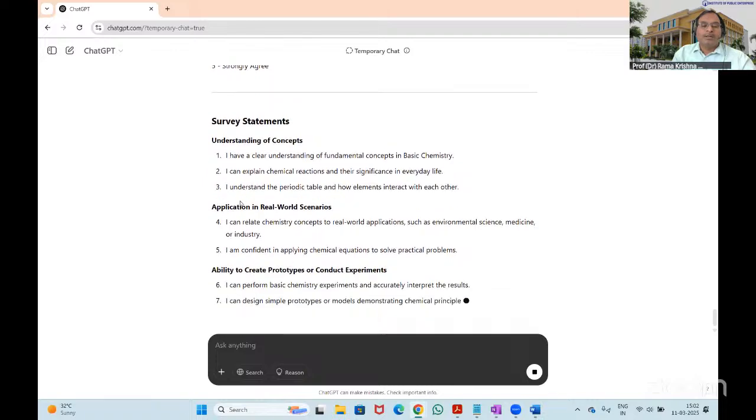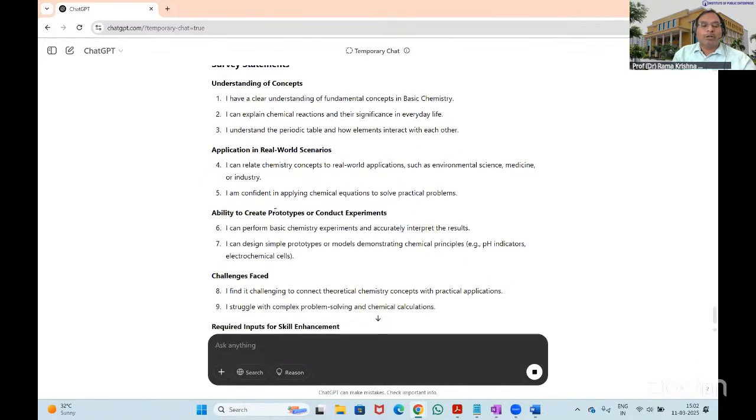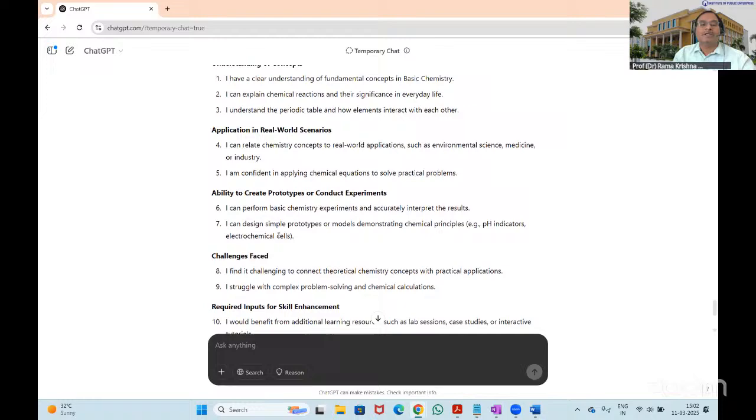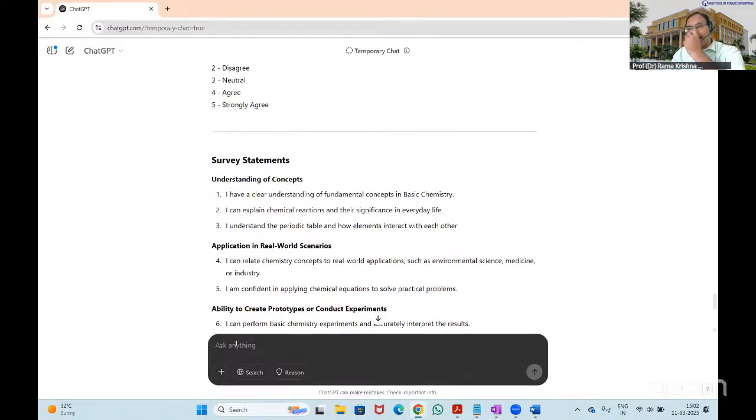So it gives you questions on all the 10 parameters required skills. It would benefit from additional learning resources, so and so forth. Take this questionnaire and put it into a Word document and share with your students. Now, once this is done, students will respond to it and you will get the responses. Take that and put it here so that you can map each individual student's learning abilities and also you can